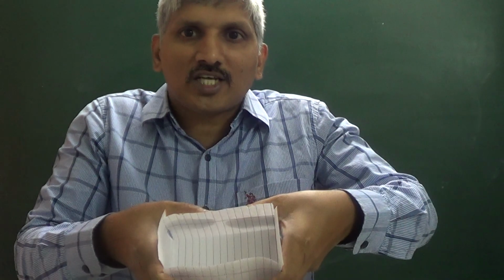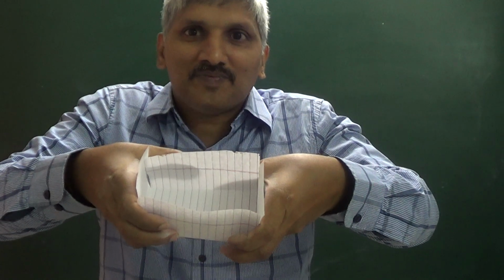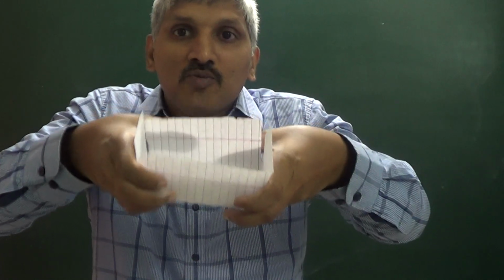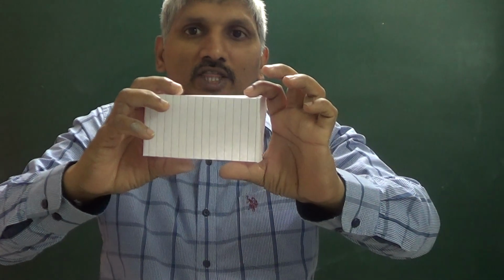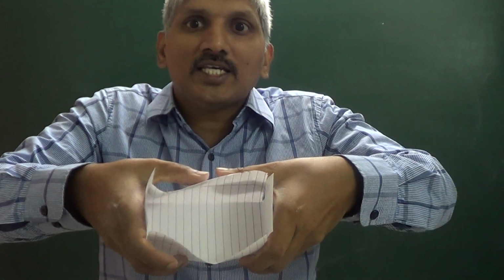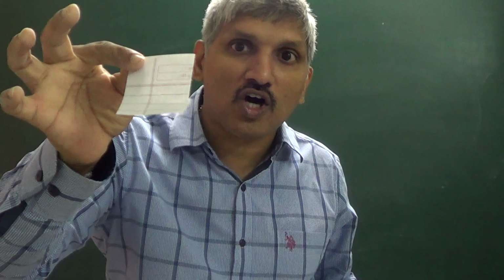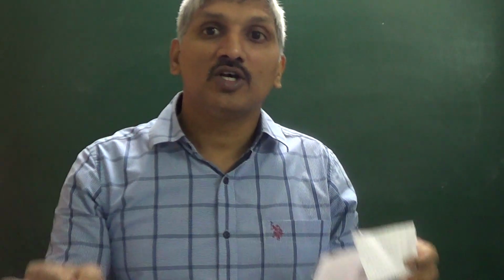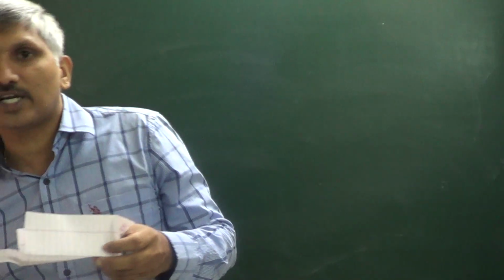Now we got a box or not? To make this box volume a maximum, what is the size of the square piece to be cut off from all the four corners so that this box volume is maximum? Okay, right? Nothing difficult here.